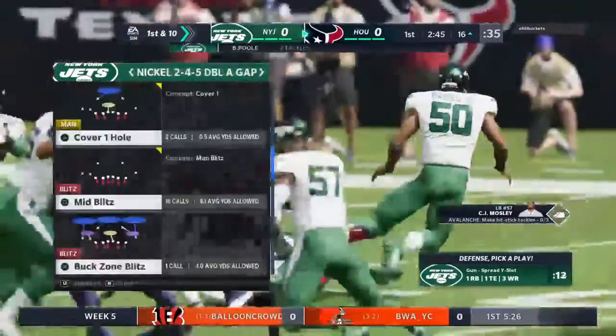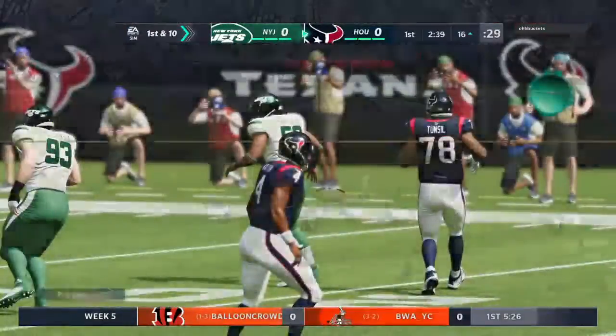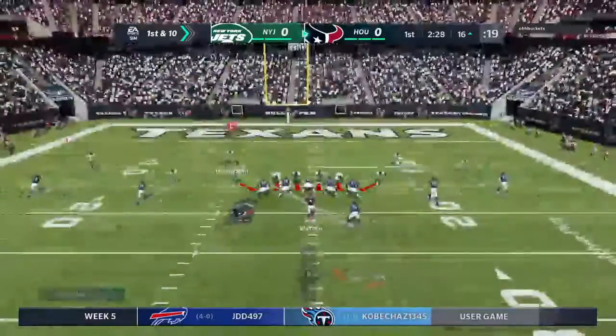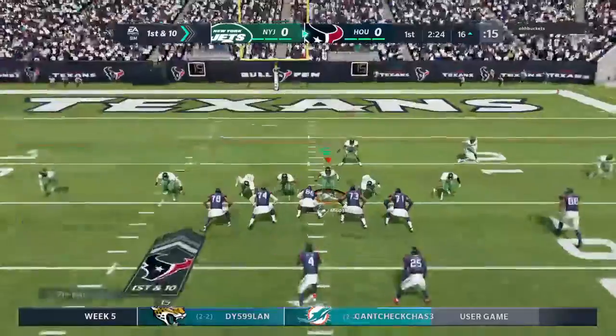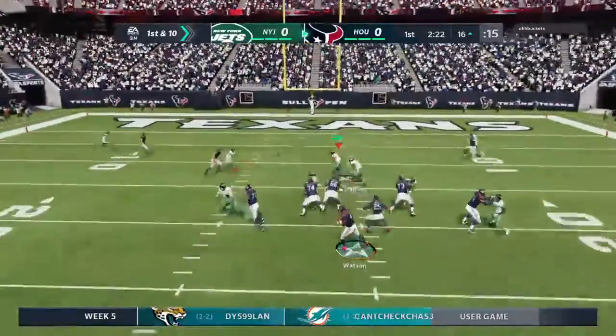A much different second drive here, Charles. They go 3 and out the first time. This time they've been able to sustain something downfield. And that's what often happens. You get the game started, you have to get your footing underneath you, you have to get used to the flow of the...